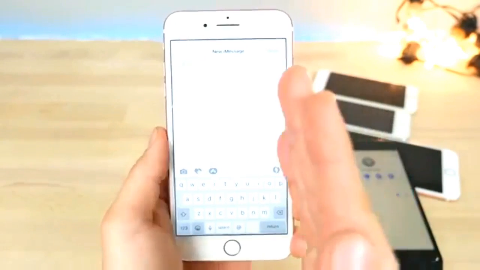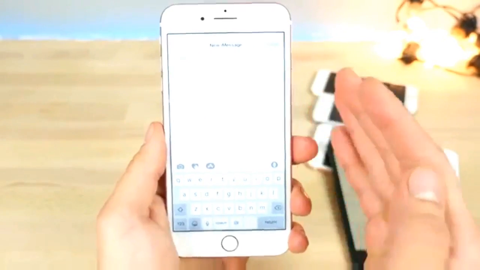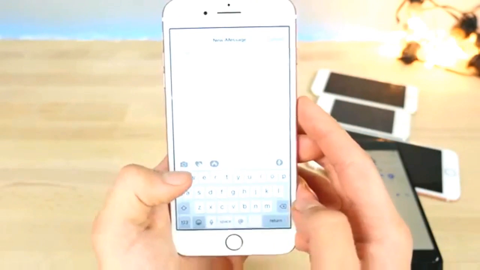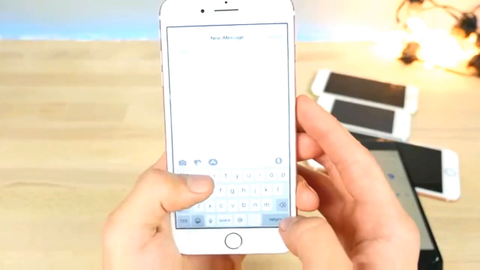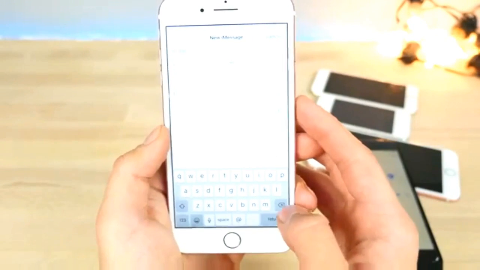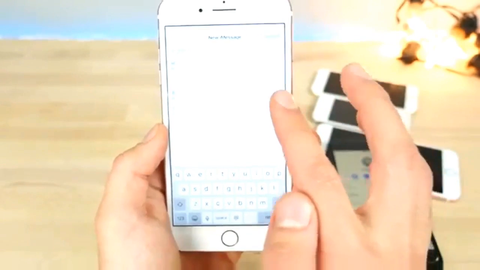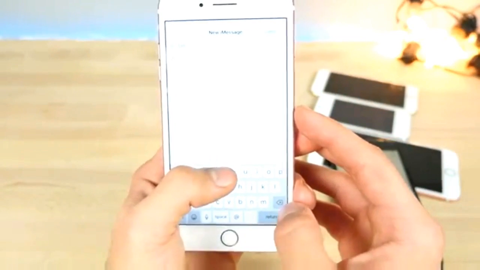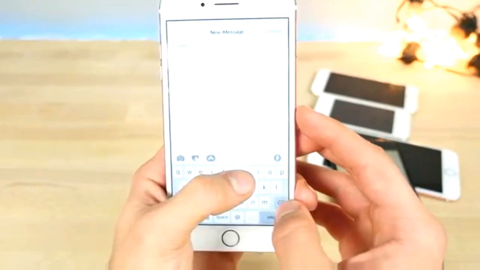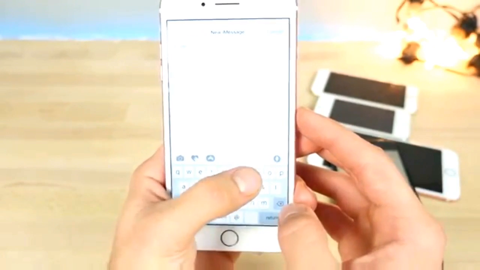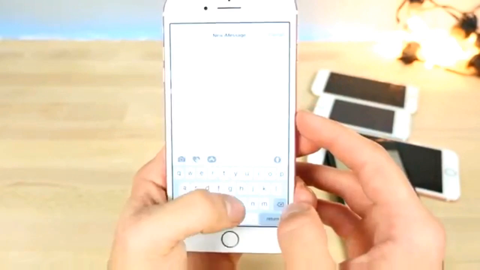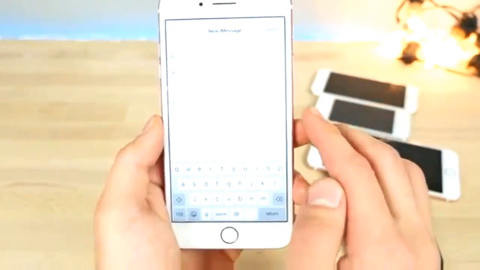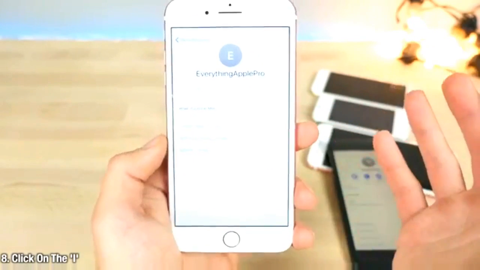So I will blur the portion of the display over here because it contains a lot of contact info, but basically you guys want to go through the keyboard and find contacts, and I'm going to click E, and I'll have a few display over here. Now, not all of them will have little eyes next to them. For some reason, those only display on some contacts, so you can go through all of the keys, find contacts if you don't find the little eye immediately, and there will be a lot to sift through, but I can find one on E, so go ahead and click on the little eye, and we are in